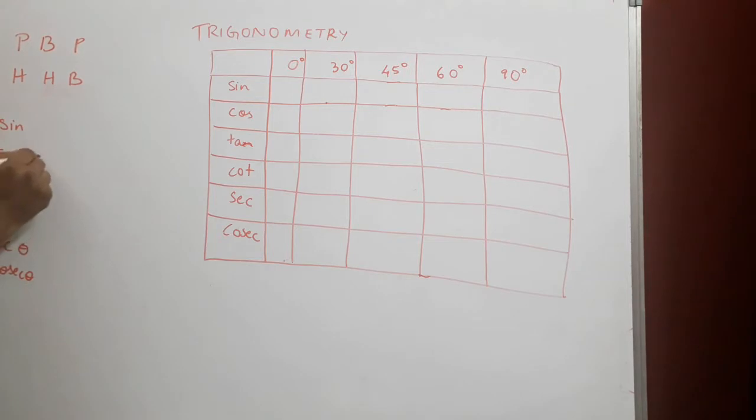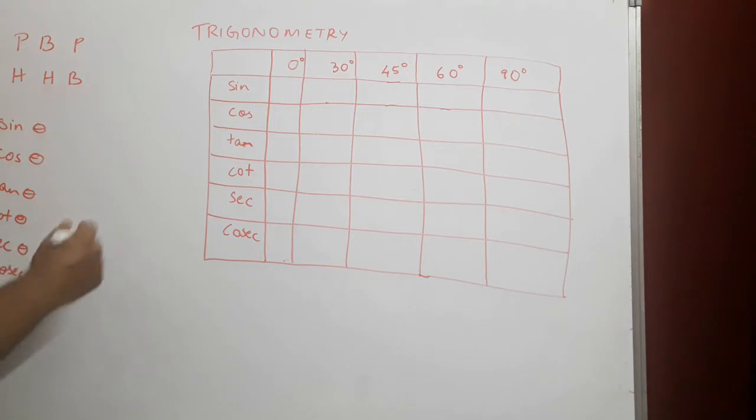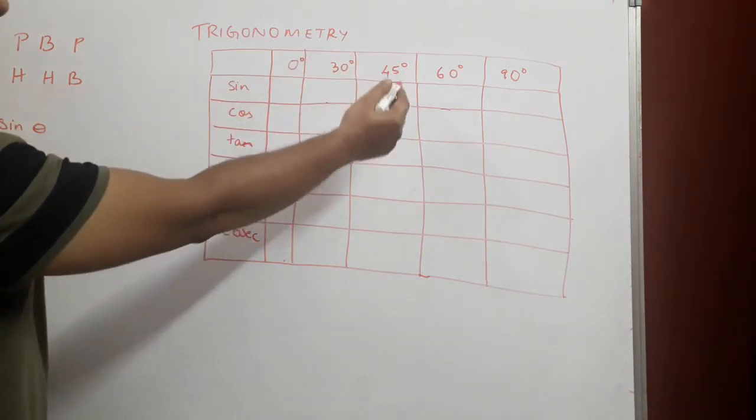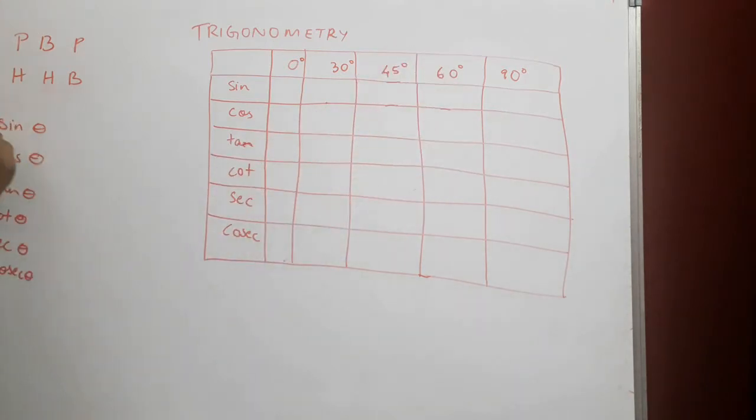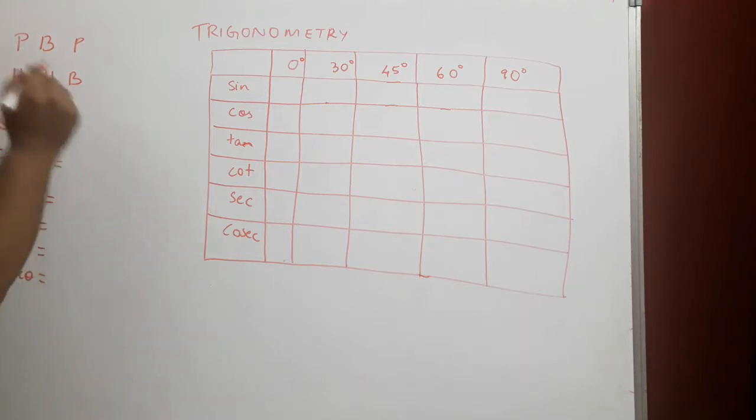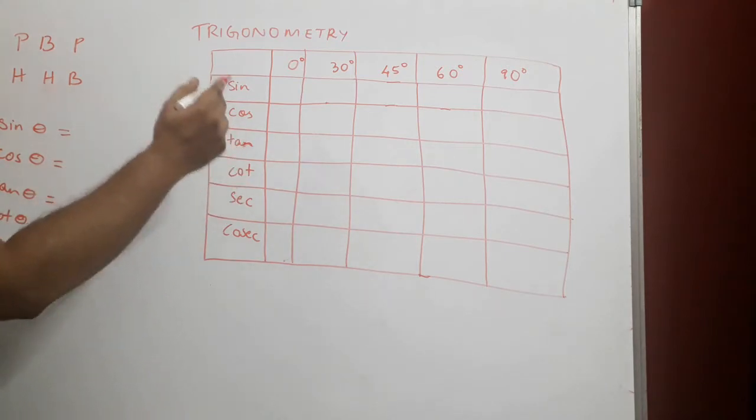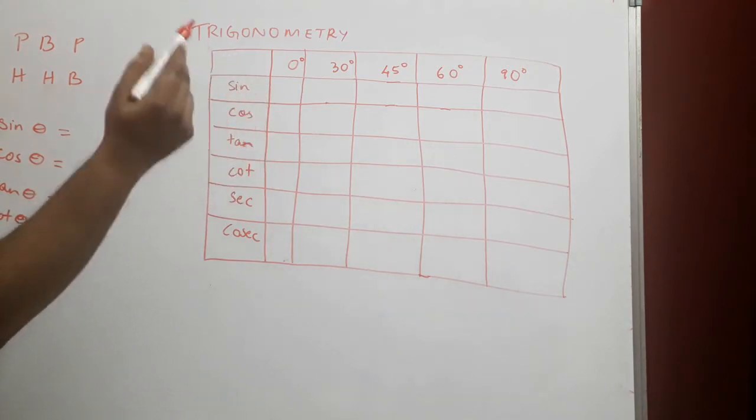So we were able to find. Now theta, as has been mentioned in the previous videos, is the angle. Now in place of theta we will be replacing it with 0, 30 degrees, 45 degrees, 60 degrees and 90 degrees. For now I'll just keep it in the general form: sine theta, cos theta, tan theta, cot theta, sec theta and cosec theta. And from our Pandit Badri Prasad we will derive what is sine, cos, tan, cot, sec theta and cosec theta, the general one. And then we will go to find out what is 0 degrees, 30 degrees, 45 degrees, 60 degrees and 90 degrees.